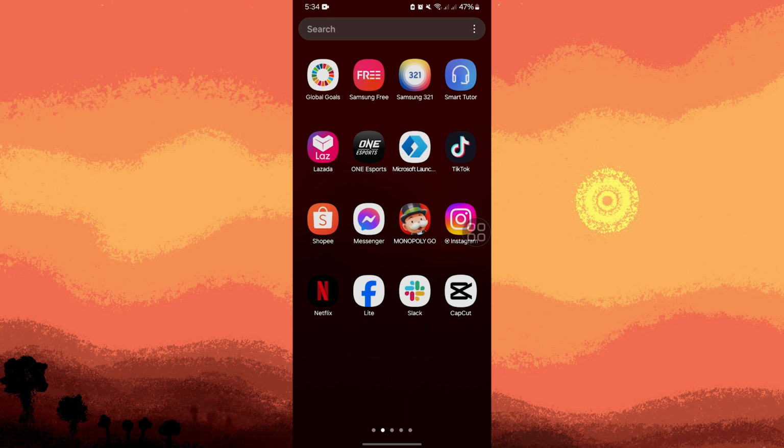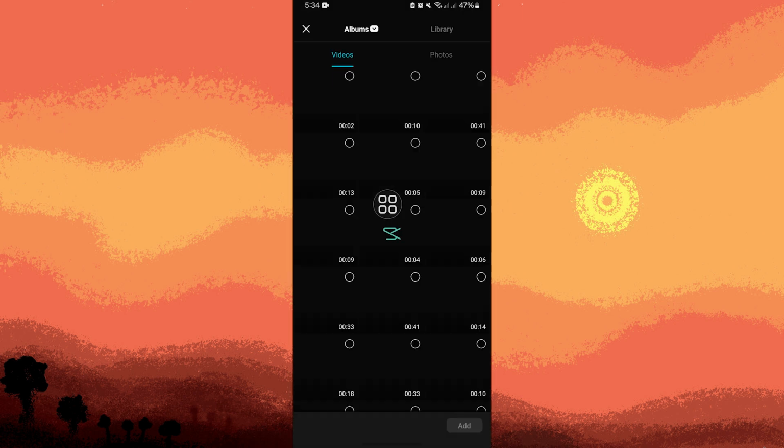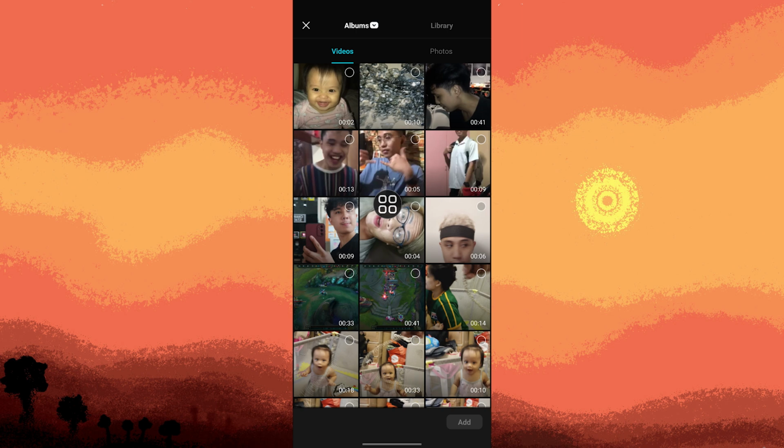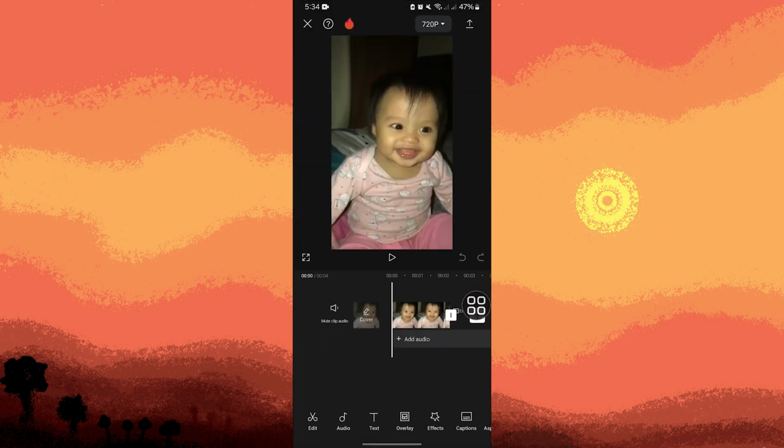So to make your video look like old film from CapCut, follow these simple steps. So firstly, open your CapCut app, then tap on your project, then tap on your chosen video, for example this, then tap on add. Now, find the filters,